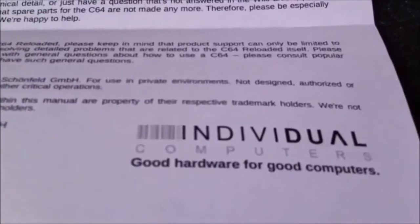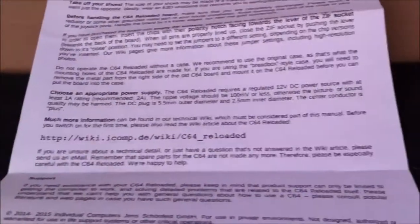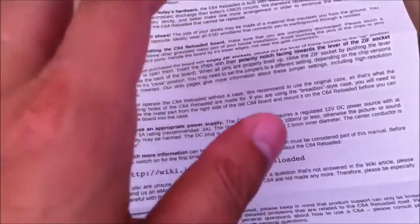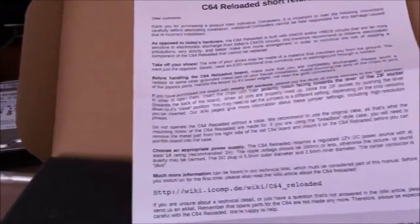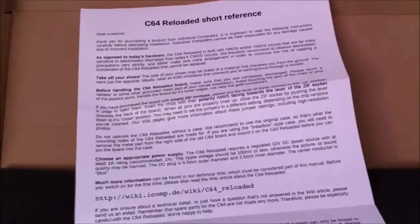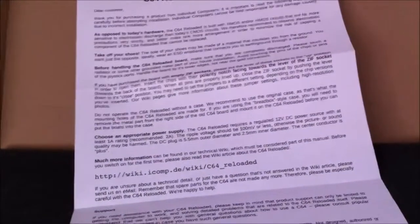Here we have the box that it comes in, and it's from Individual Computers. They also provide hardware solutions for the Amiga and other Commodore 64 computers, and it comes with some instructions. Basically, it tells us that the chips used in this old system are much more susceptible to electrostatic discharge than today's CMOS circuits. So yeah, they advise you to use anti-static wristbands and really earth yourself